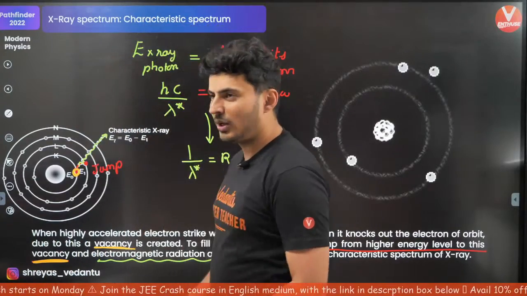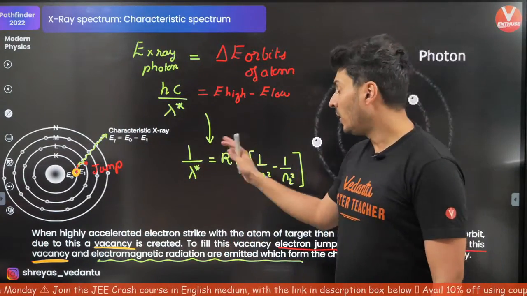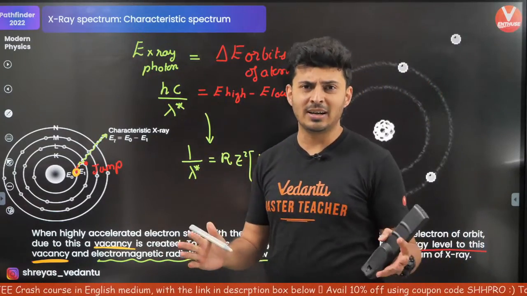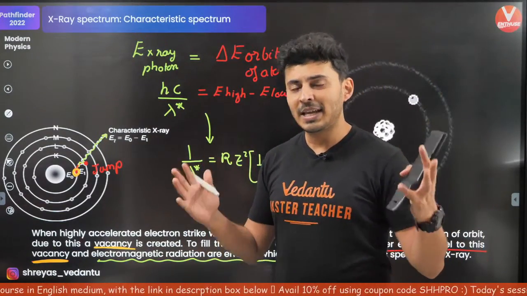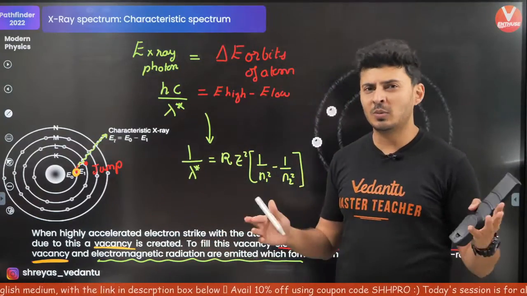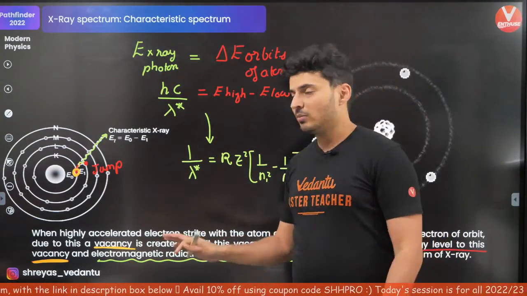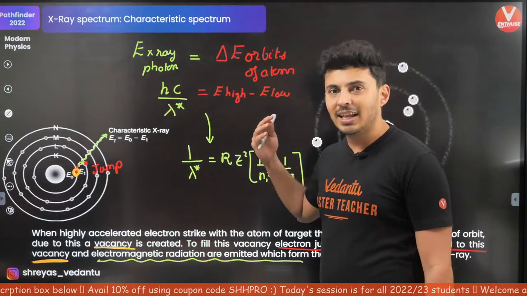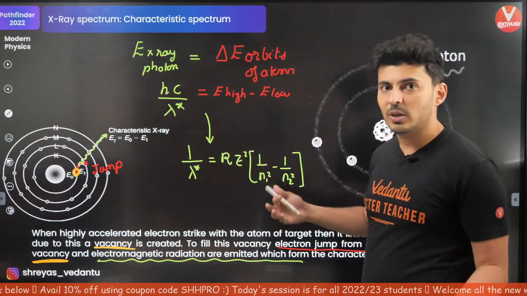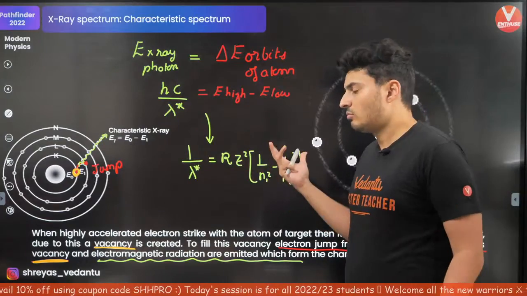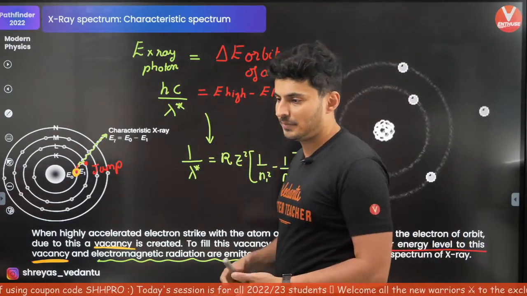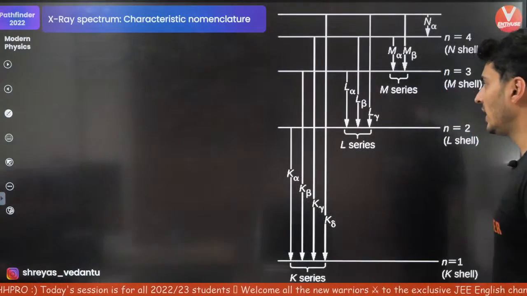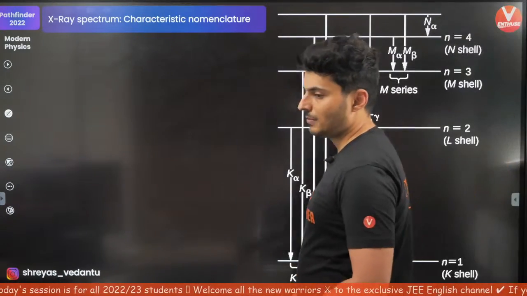But there is a small catch. The catch is that all these formulas are valid for Bohr's model of the atom, and we know when the element becomes very heavy, Bohr's model is not even valid. So this becomes a very approximate formula for very high energy, for very heavy metals, because Bohr's model will not be valid. But it's okay. Okay, fair enough. Let's move ahead to the nomenclature part.